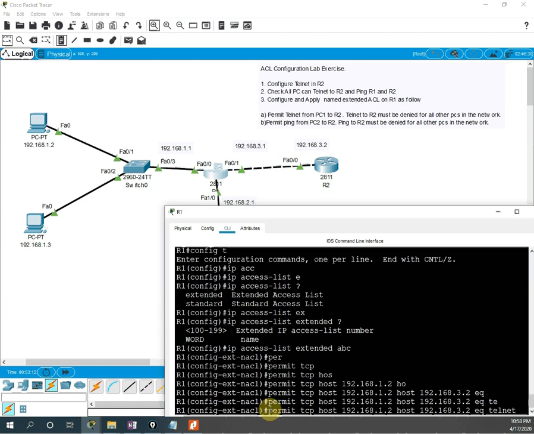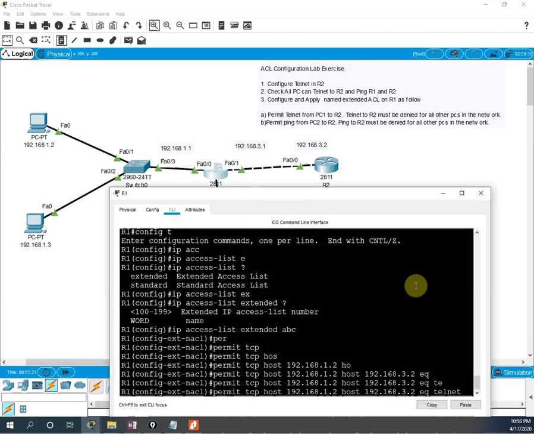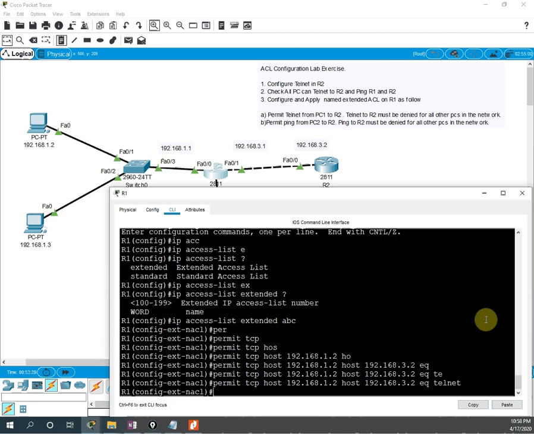Are you able to see it, or is there confusion? Let me move it up a little, and make it a little bigger so you don't get confused. Then I will press enter. So what I am saying is: allow this PC to telnet to this one.